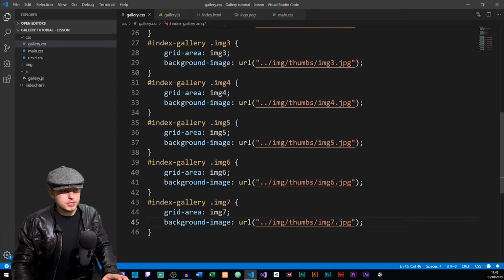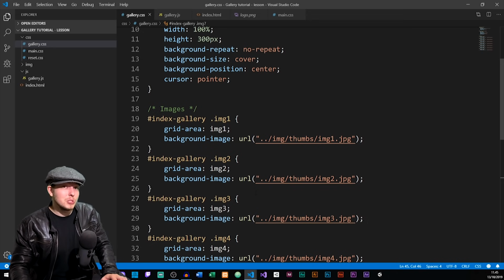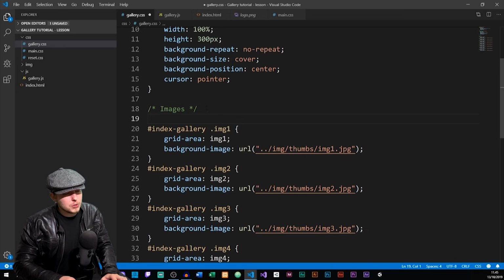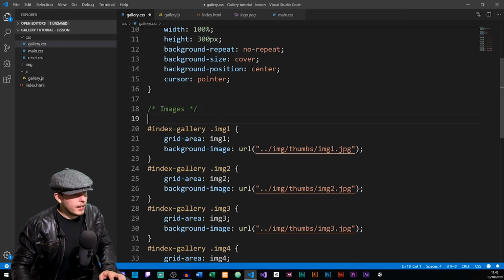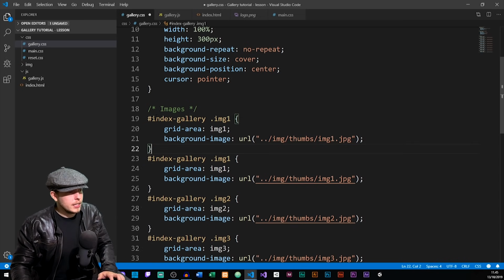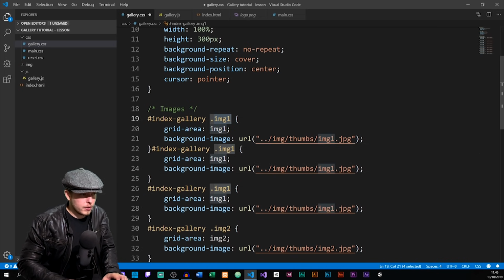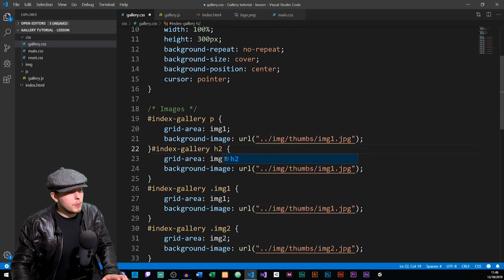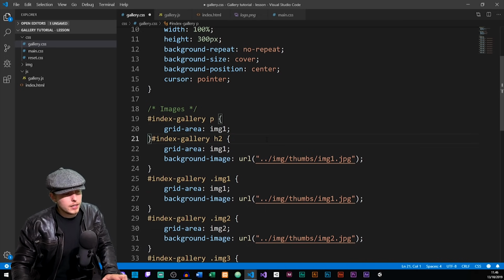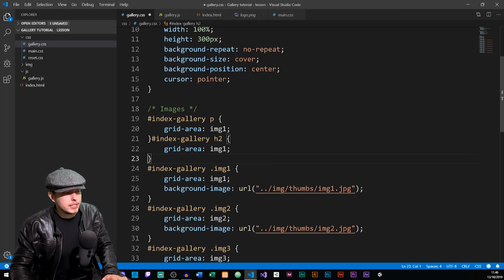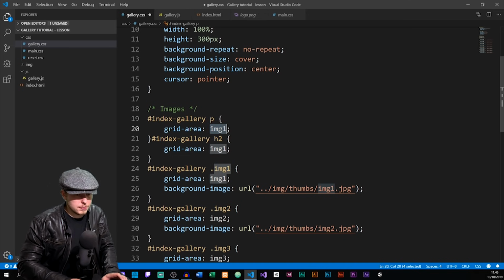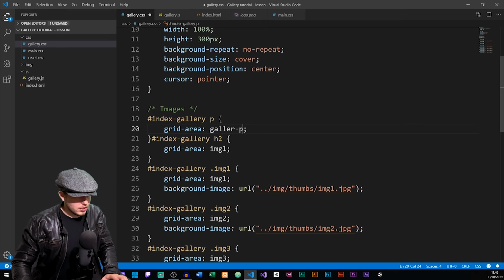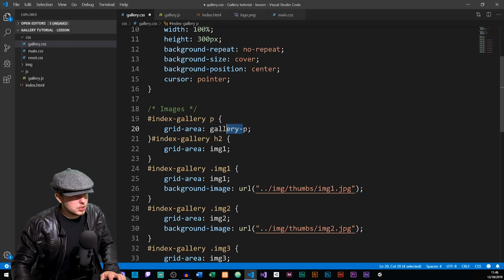So now that we have these, we also have the paragraph and the h2 tag that we inserted inside our image gallery section here. So let's also include those. I'm going to copy paste. We have 2 more: a paragraph, and an h2 tag. What I want to do here is not link to any sort of background image. I just want to give them a grid area label. So I'm going to call this one something like gallery-p. Let's spell that correctly. There we go. Then I want to do the same thing below here,